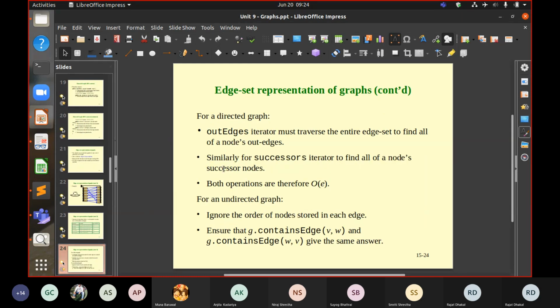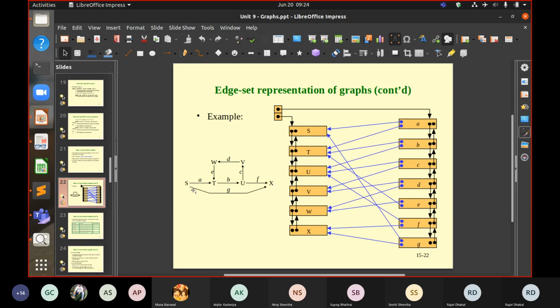So this one here will make more sense of this edge set representation. For a directed graph, out edges iterators must traverse the entire edge set to find all of a node's out edges. So the edge set, all the elements in it, we need to be able to go through them to find all of the node's out edges. Similarly, the edge with attribute A is the out edge of S, right?